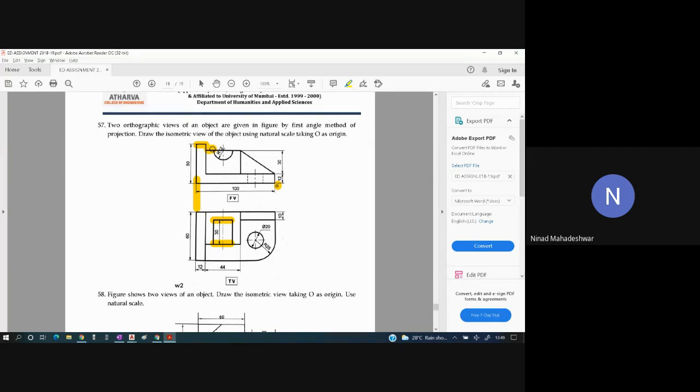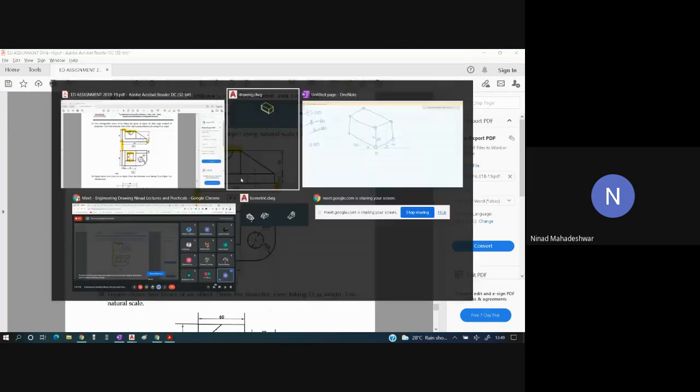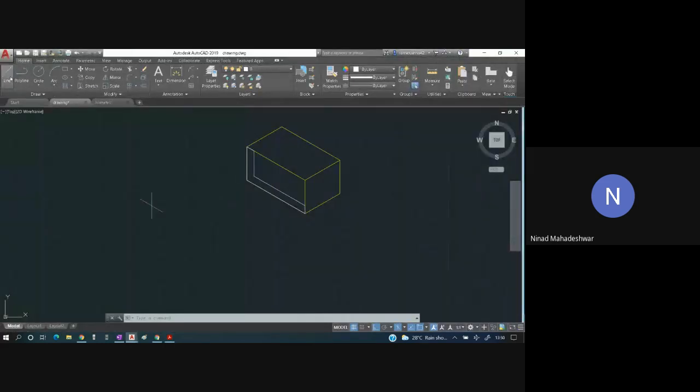How many mm will you go towards the right? How much is this distance? That is 44, top view. And from here you will go down by 30. So that we are going to draw. Let us draw this over here. From this end, you have to go down by 8 mm, come outside by 44 mm, and go down by 30 mm. That's it. So we have drawn the rectangle.